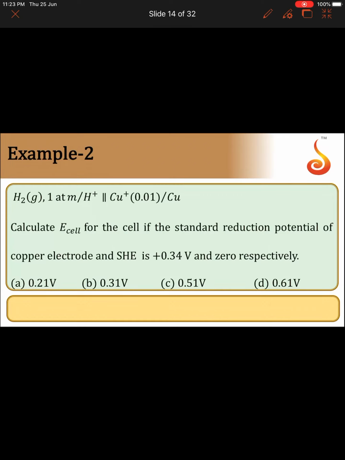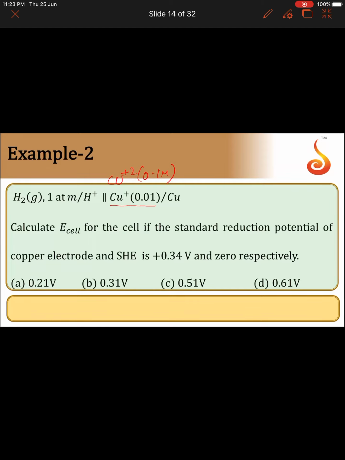H2 gas at 1 atmosphere pressure, H plus, salt bridge. Here, in place of Cu plus 0.01 molar, it should be Cu 2 plus, concentration 0.1 molar, Cu. Calculate E cell for the cell if the standard reduction potential of the copper electrode and SHE is plus 0.34 volts